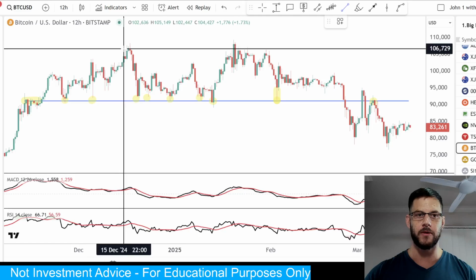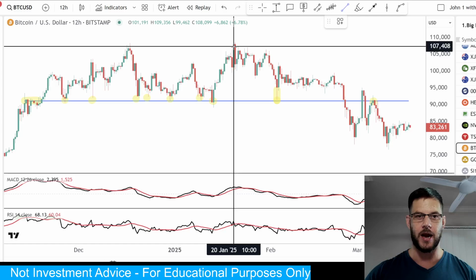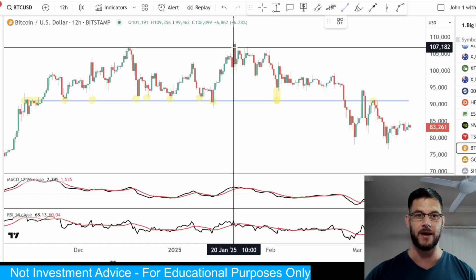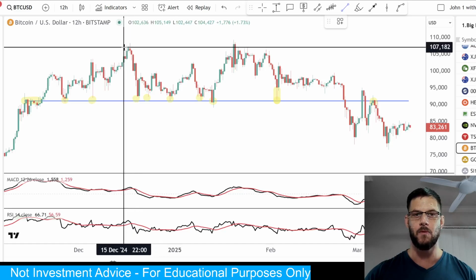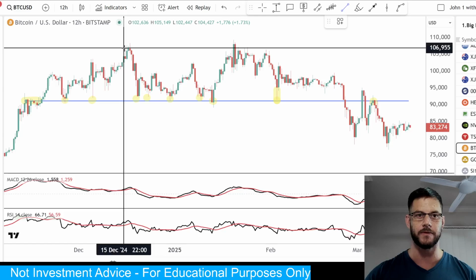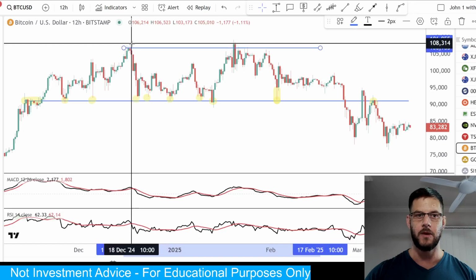Now, something else you'd want to look at is the all-time high. It did briefly touch almost 110,000, depending on which exchange you're looking at, but we'll call it 109,000. And about 107,000 seems to me to be the key level of resistance, the all-time high, or very close to the all-time high. And you can see if we draw the line across there, once again, we've got the top there,